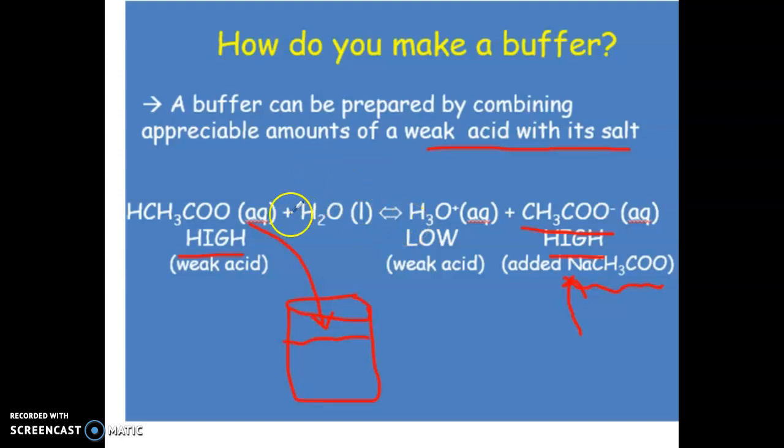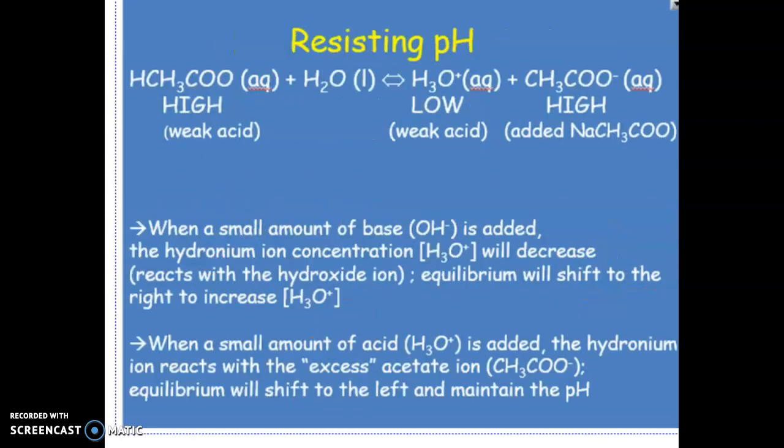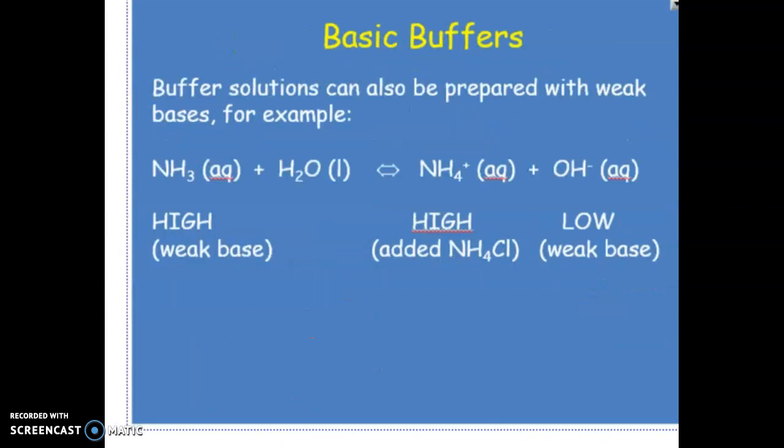So that's essentially it. We'll discuss this, but the same thing could be done with a weak base equilibrium. I'm just going to flip to this and then we'll go back and talk about how it resists pH. But with a weak base equilibrium, you would do the same thing. So you would have your weak